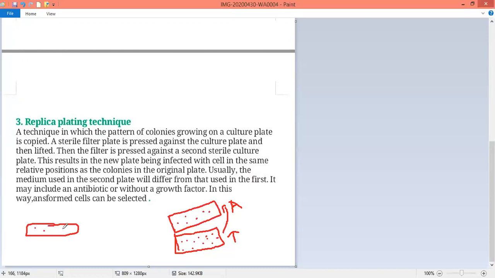After insertional inactivation, the tetracycline region will be inactive. So the cells which cannot grow on tetracycline are non-recombinants. The cells which grow on ampicillin medium are recombinants, because only ampicillin resistance is present. In case it is ampicillin resistant, it stays alive on ampicillin medium. In case the tetracycline gene is inactive, it cannot stay alive on tetracycline containing medium. This is about the replica plating technique, which you can see in Tamil Nadu textbooks. Thank you.